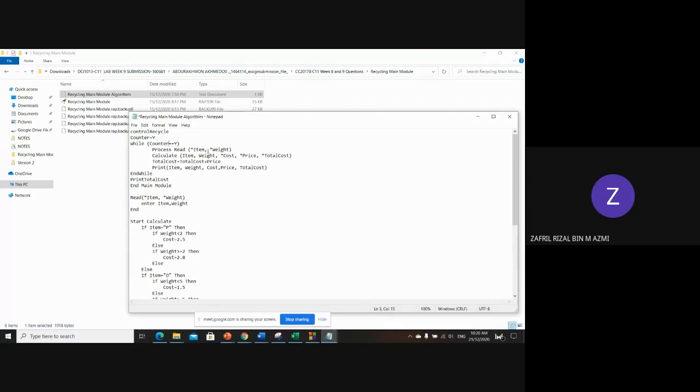Okay, you cannot use item. Item is used for the user to enter the item, right? Whether it is paper, and what else was it? There are three items, right? Okay, alright. Then after getting the value of item and weight from the user, we call